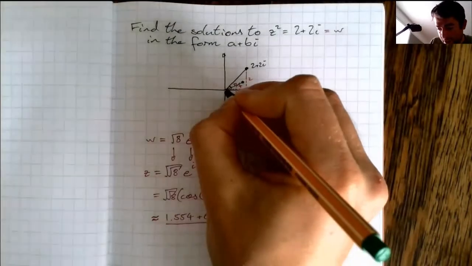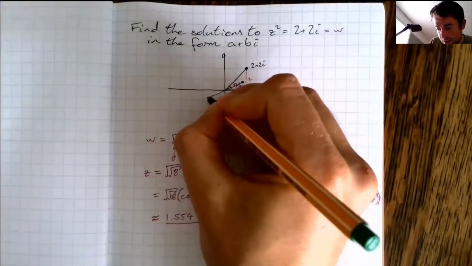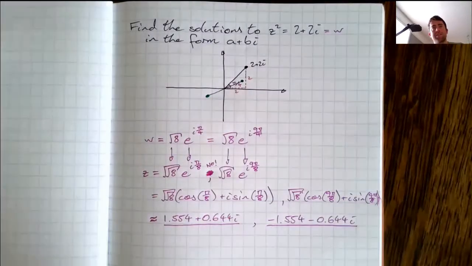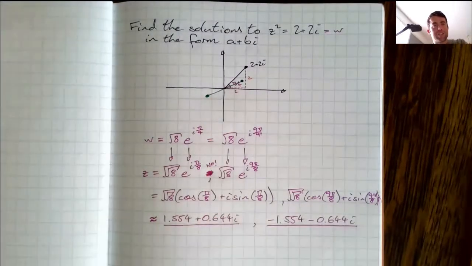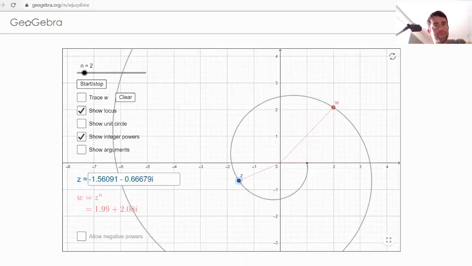It turns out to be exactly on the other side, down there. Let's just check those quickly in Geogebra again. So if I plug these in exactly, well, I say exactly, I rounded them both to 3 decimal places,